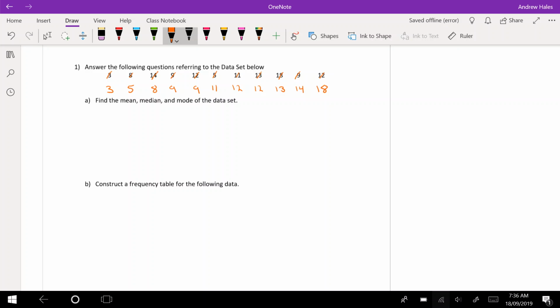Well, the mean, let's just call it x hat. Because we're going to call it x hat a lot in this, I'm just going to use the same terminology. Is all of them added together, divided by how many there are. So it's 3 plus 5 plus 8 plus 9 plus 9 plus 11 plus 12 plus 12 plus 13 plus 14 plus 18, all divided by 1, 2, 3, 4, 5, 6, 7, 8, 9, 10, 11. And that is going to give me